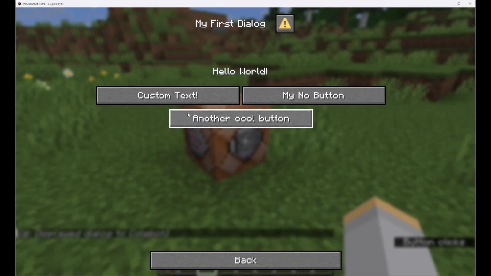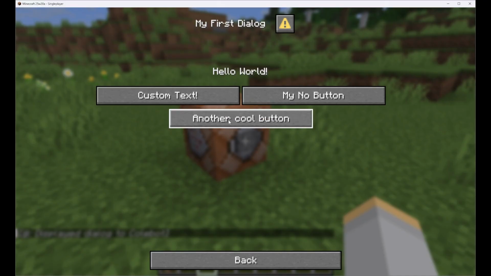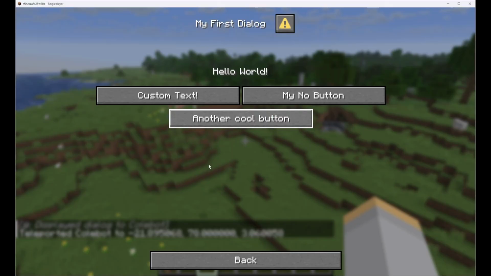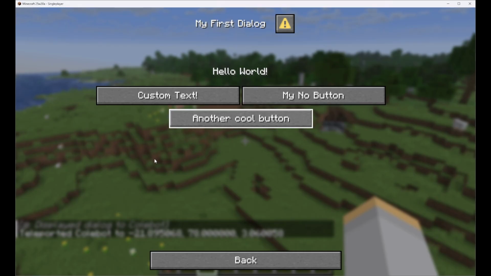And when we open our dialog, we've got custom text, my no button, same stuff we had before because we moved it over into the new field, remember? And then we've got another cool button here. And this button, when we click it, it'll say confirm command execution. That'll just make sure that we know what we're doing, and it'll show us our command. If we click yes, you can see we get teleported all the way up, and our dialog is still open, which is kind of cool because then maybe you could have some more actions that you wanted the user to perform. And it's kind of nice that you can see what's going on behind this as you're executing these commands,